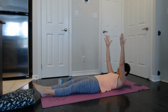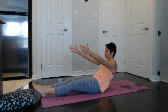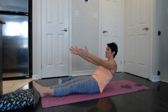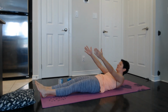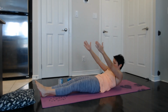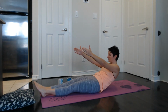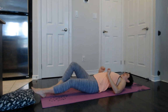I'm gonna nod my chin and I'm gonna slowly curl to come up, trying to come up vertebrae by vertebrae the whole way up. Shoulders away from the ears, and now I curl to come down. Slowly, slowly articulating our spine, landing each piece of spine down, okay? One more time, I'm gonna come up, nod my chin, curl to come up. Excellent, tuck the tailbone, come on down. Perfect, great, okay, from here,